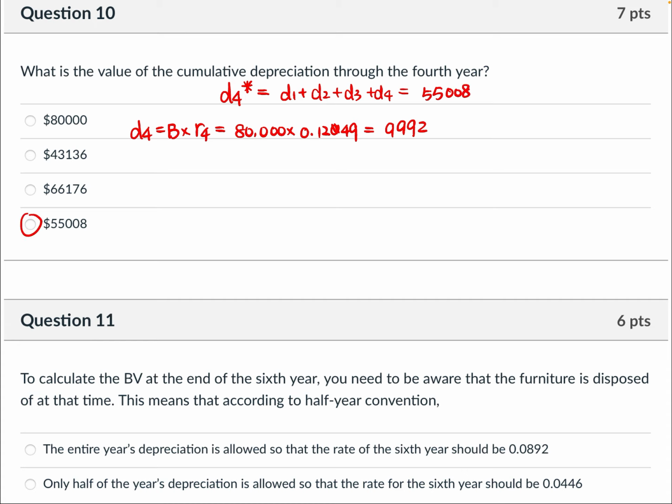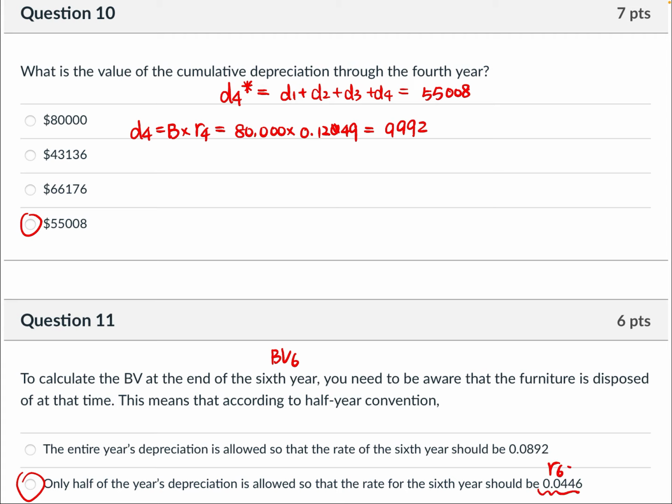Question 11, to calculate the BV at the end of the 6th year. So to calculate BV6, you need to be aware that the furniture is disposed of at that time. Remember that this is a 7-year class. But it's going to be disposed of at the end of the 6th year. So you need to only take half-year depreciation for that furniture in the 6th year. This means that according to the half-year convention, only half of the year's depreciation is allowed, so that the rate of the 6th year should be